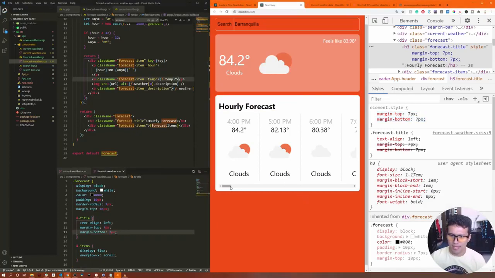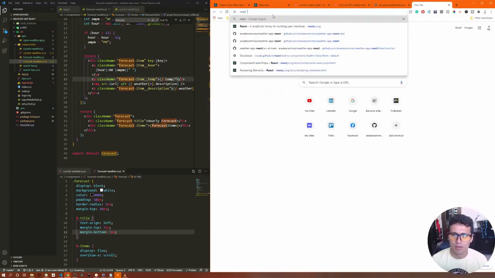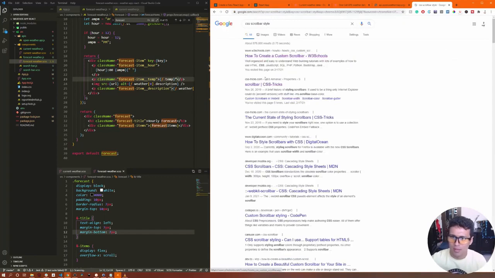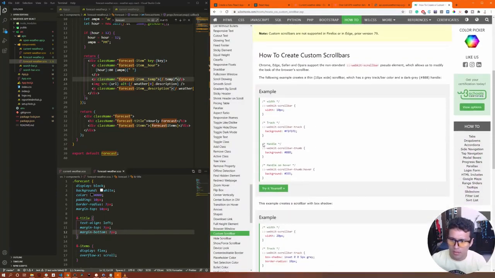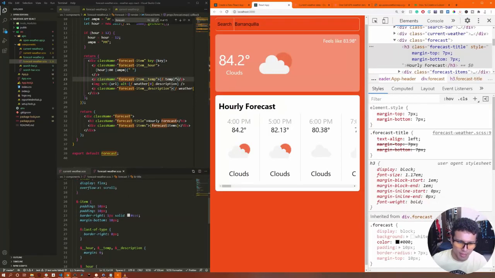Okay, got that. And also we could even style the scroll bar. For that one I always forget about it, so I'm just going to quickly search for it. CSS scroll bar styling. Let me see. Okay, yeah, we're going to use the WebKit. Okay, so we're just going to quickly paste this